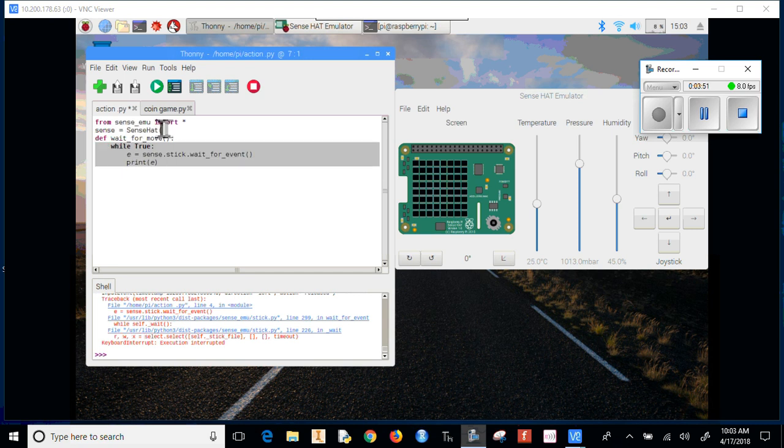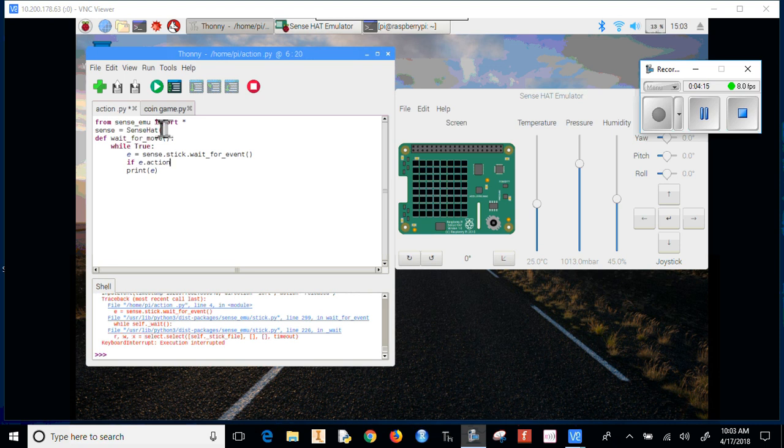And while we're doing this, we're going to do a while True. And we don't want to print the e. What we want to do is see what happens when we're holding it and when we're pressing it. We don't want to capture releasing it, or else every time we press it, it would move twice. So I'd say if e.action